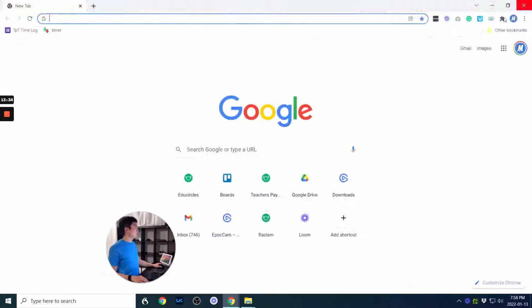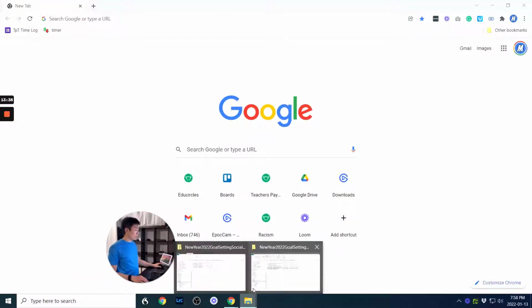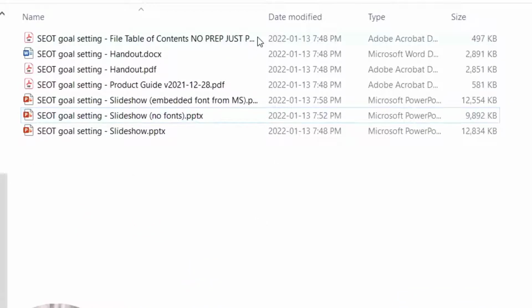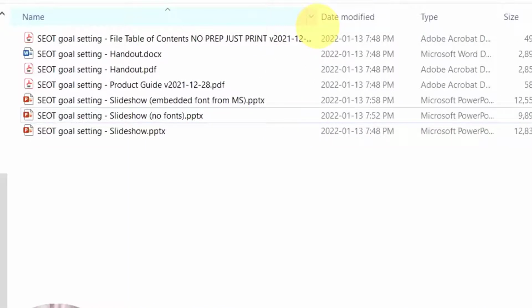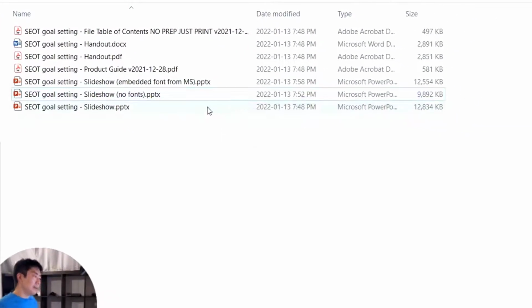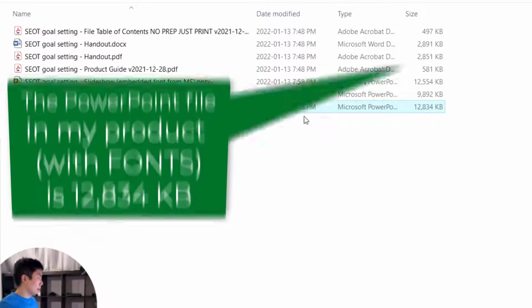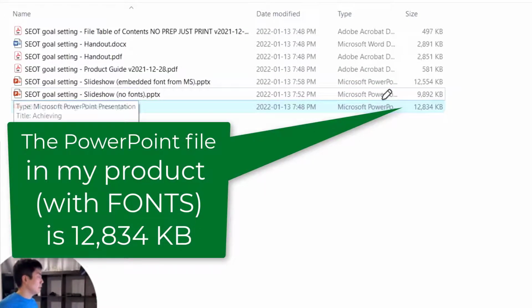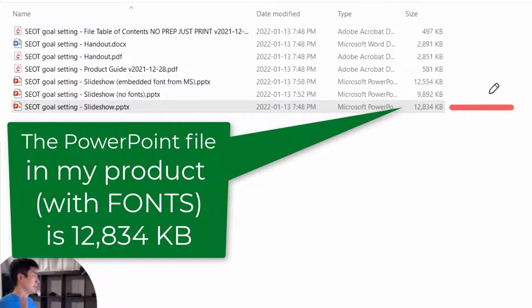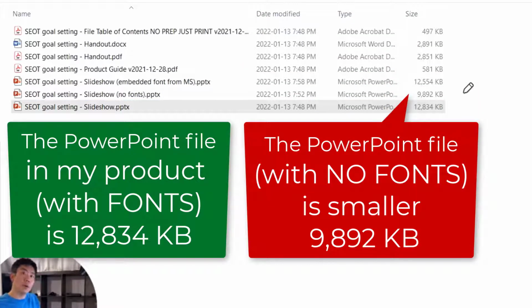I'm going to close this. And so now when I go back to this folder, I can see now, this is where the internet weirds me out. So I have the original slideshow file, and that one had 12,834 kilobytes, the fonts embedded. And then you saw that when I saved this file without any fonts, it dropped down here to 9,892 kilobytes.